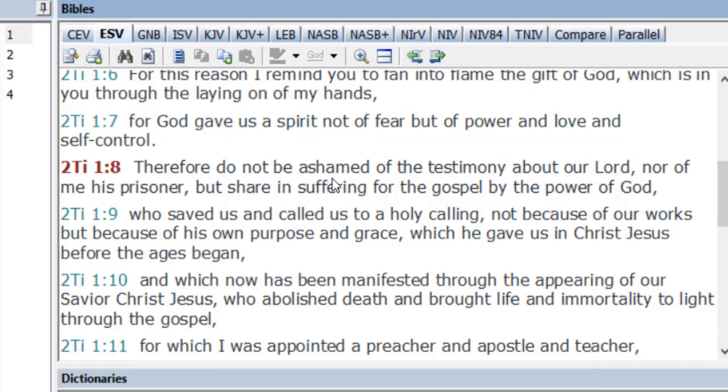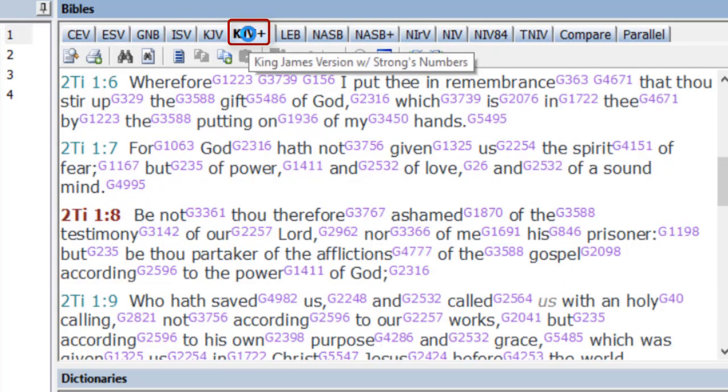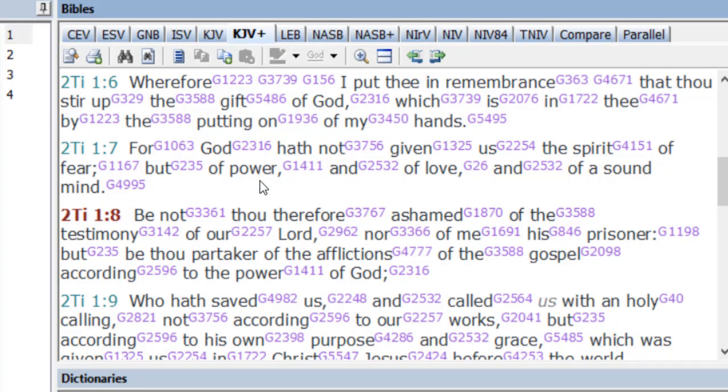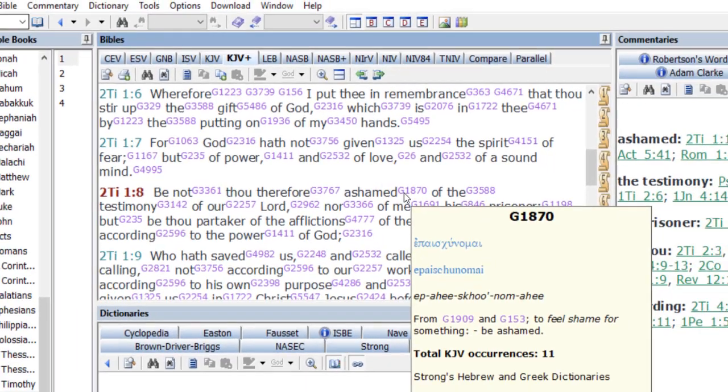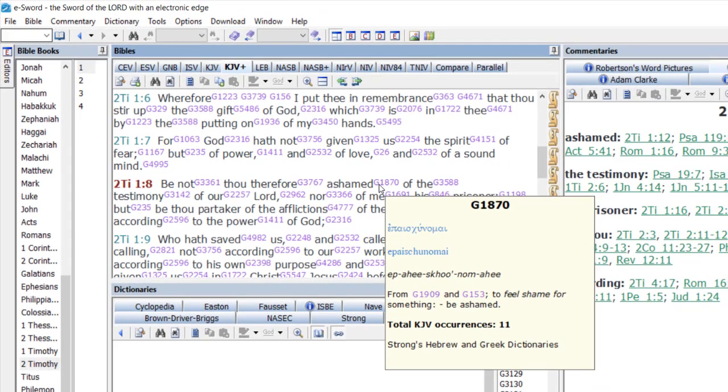In the default version of eSword, the only way you can do this is to use the module called KJV+. This is King James Version with Strong's numbers, assuming that you don't have the ability to read Greek. If I turn to KJV+, you will see that it's added a Strong's number after each word, and we can see that the word ashamed is